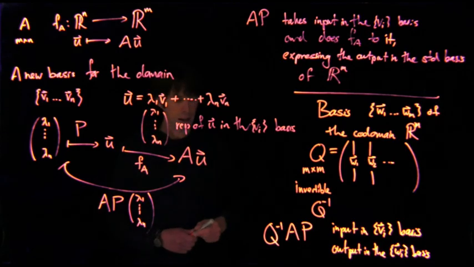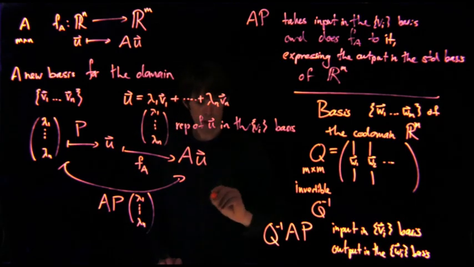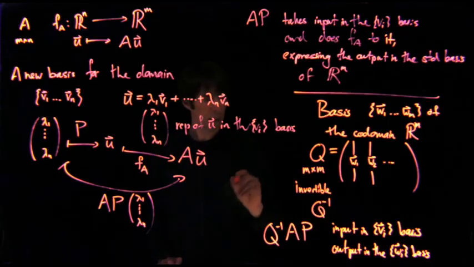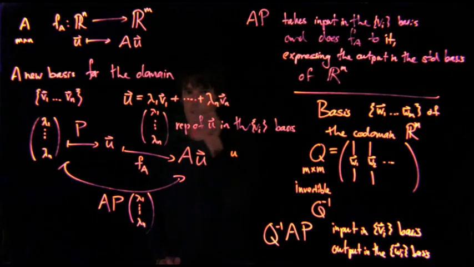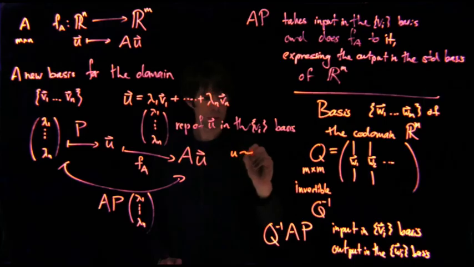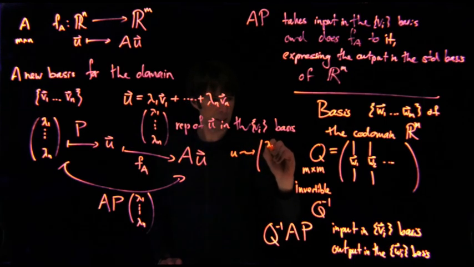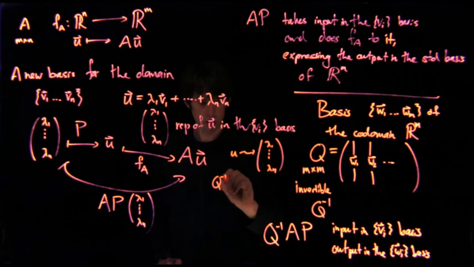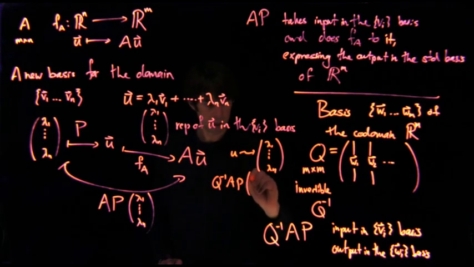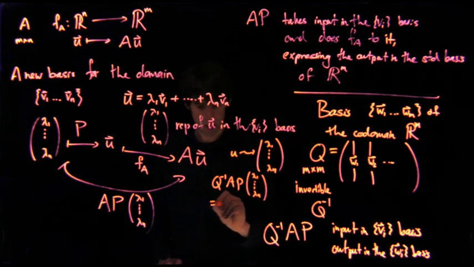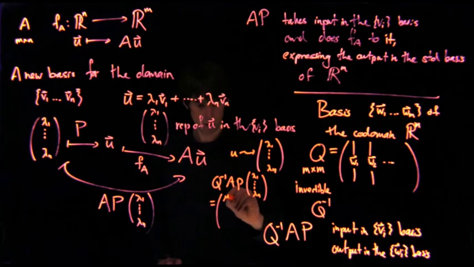And so if u is equal to this thing, I'm going to represent it by a lambda vector, lambda 1 up to lambda n, then Q inverse A P times lambda 1 up to lambda n will be equal to some vector mu1 up to mu m,